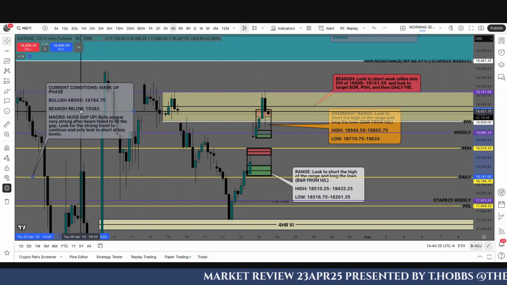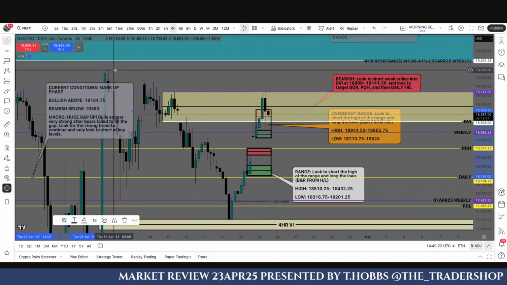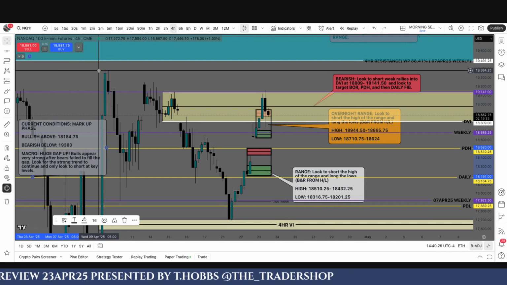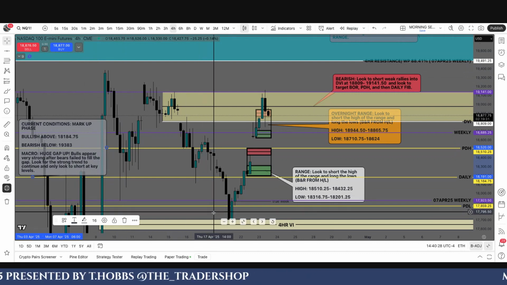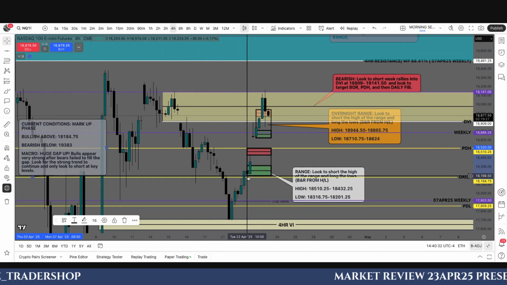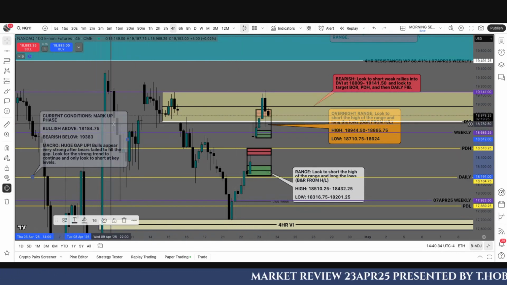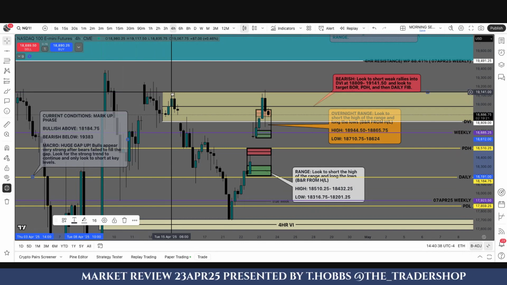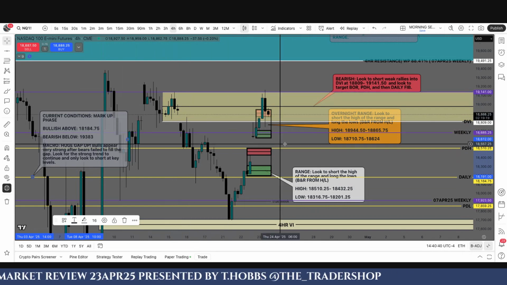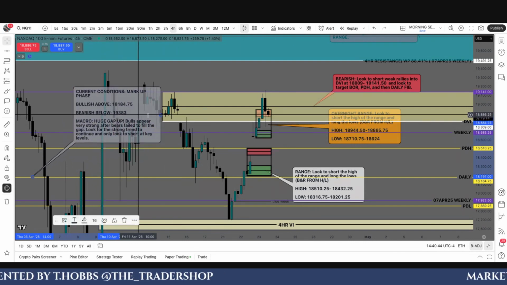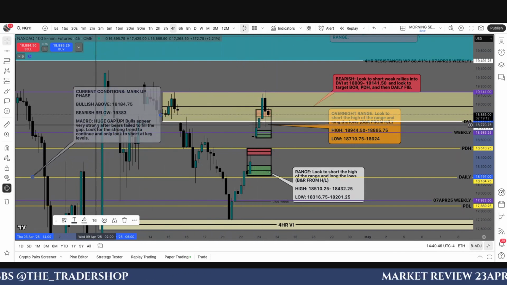We were bearish as long as we stayed below 19,383, which is the high of this range up here. This is the dealing range that we're dealing with, 19,384 all the way down to roughly 17,718. But the current dealing range was these two. Between that, I knew that the top of this DVI, or the daily volume imbalance, was 19,141, and that is why I was looking to trade short inside of this area.